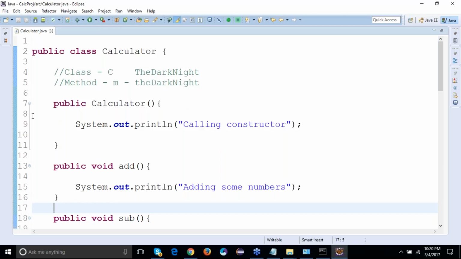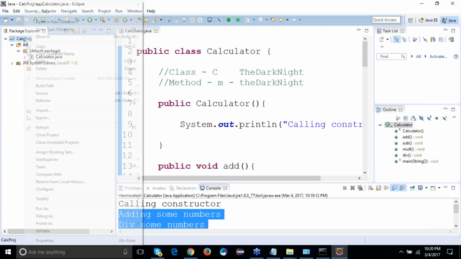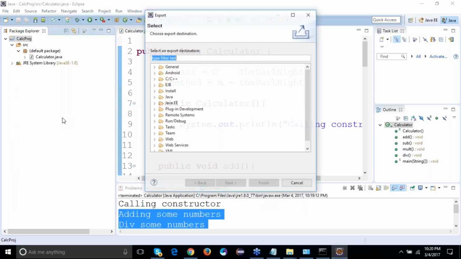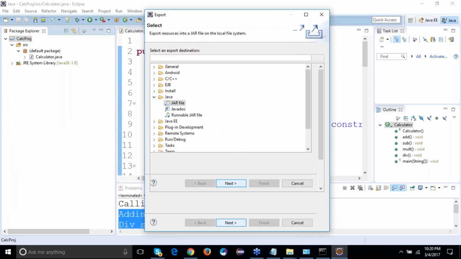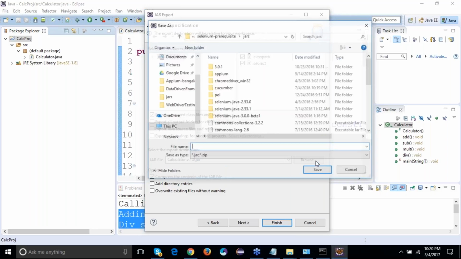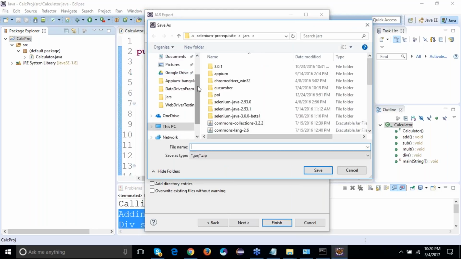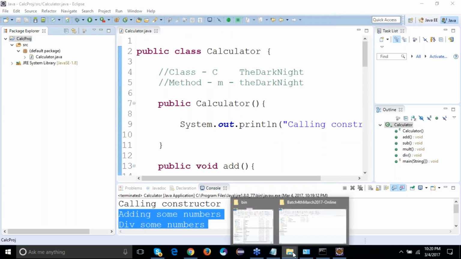So what I've done, I have gone to my project, right clicked on it, gone to export, gone to Java, selected a jar file, and clicked on next. And I've given some name to this project. I've given the name calculator version 1.0.jar. So this is the version I've given to my project. And I've stored it somewhere on my desktop as a jar file. I'll click on finish. And if I go to my desktop,